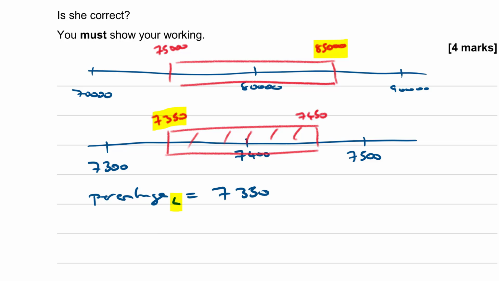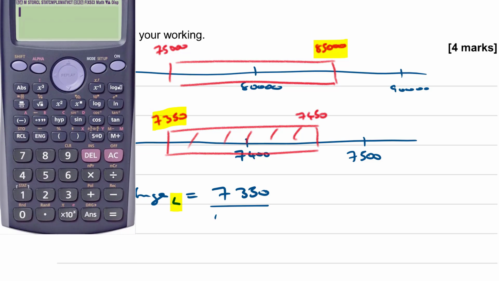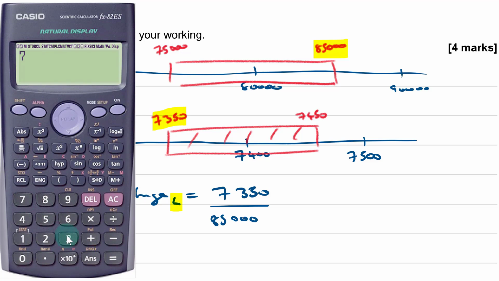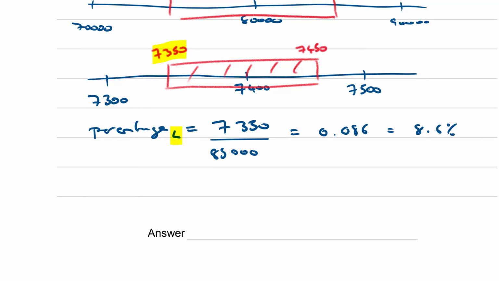7,350 divided by 85,000, which is 0.086, which is 8.6%. Okay, now the upper bound, so the percentage upper bound,